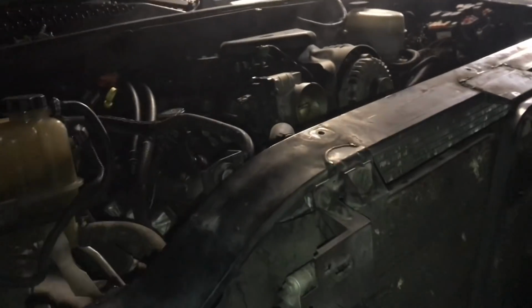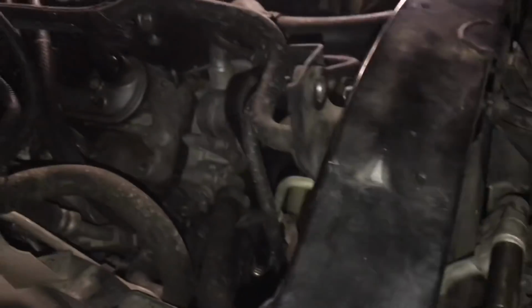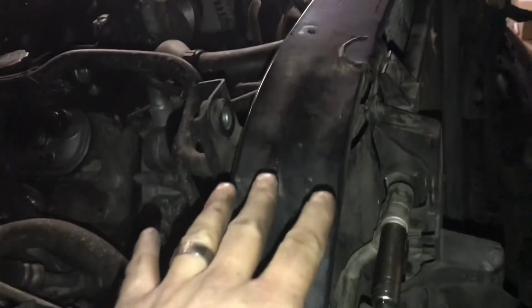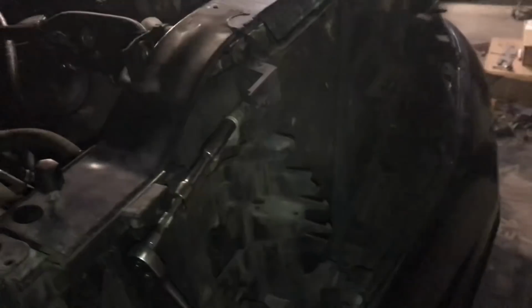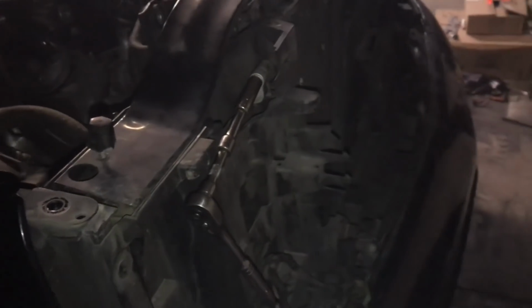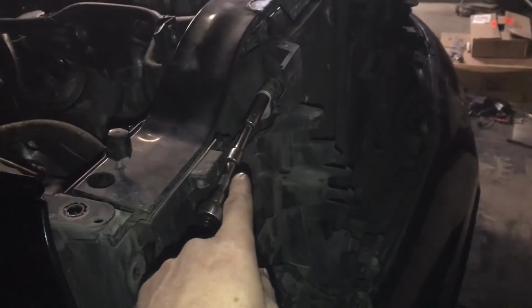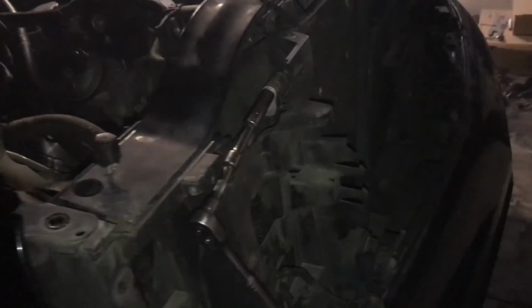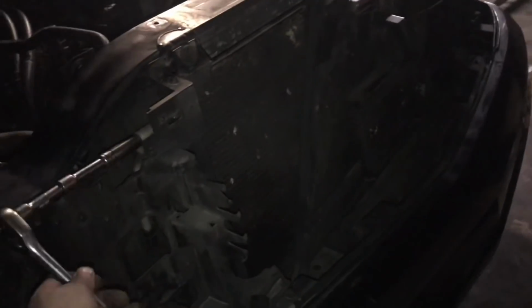So, one more thing before I go. Since I'm planning on working on this tomorrow and editing and filming for you guys tomorrow, I want to evacuate the AC. Now, I want to pull this core support. This is not the responsible way to do this, mind you. But since I'm not going to be in here the rest of the night, I feel that it's okay. And I would do it anyways. So, not recommending this. I just break this loose, and it starts leaking everywhere, and I run away and try not to breathe it. So, I don't recommend it. But if you need to get your AC evacuated,